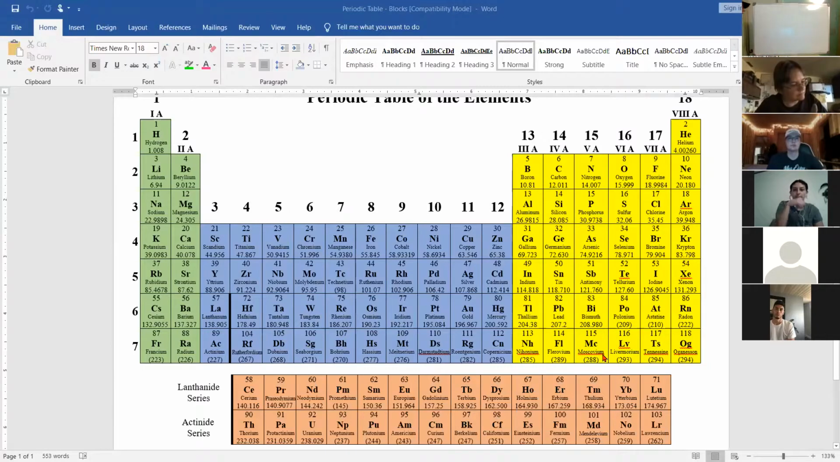Now, what's the second way to classify the elements? Okay, and I'm going to write it, hopefully you'll be able to see my little screen here. If not, I'll unshare and you'll be able to see it. A second way to classify the elements is whether they are representative